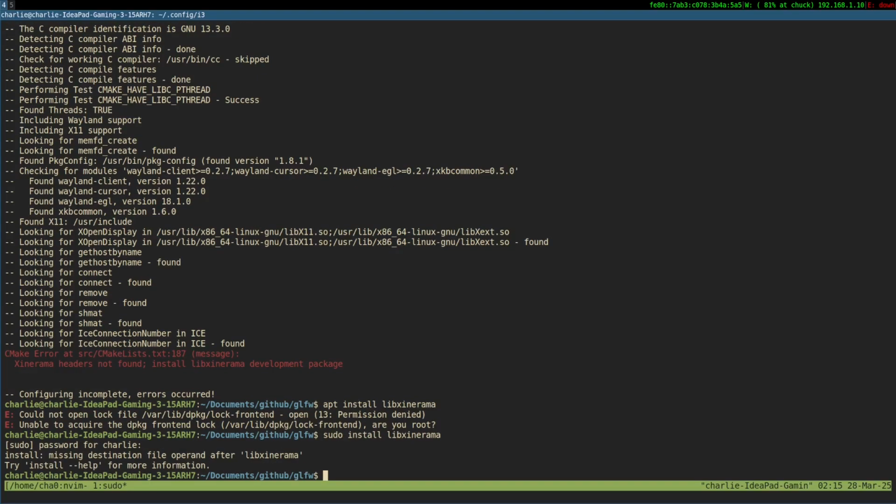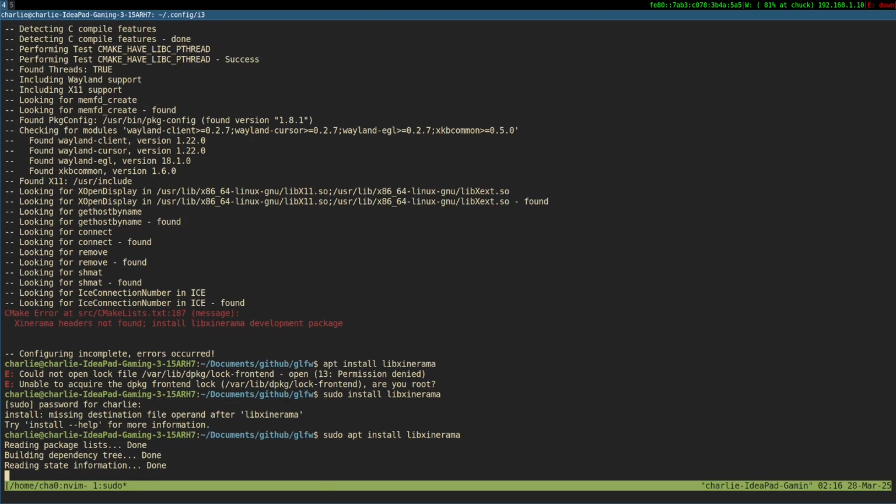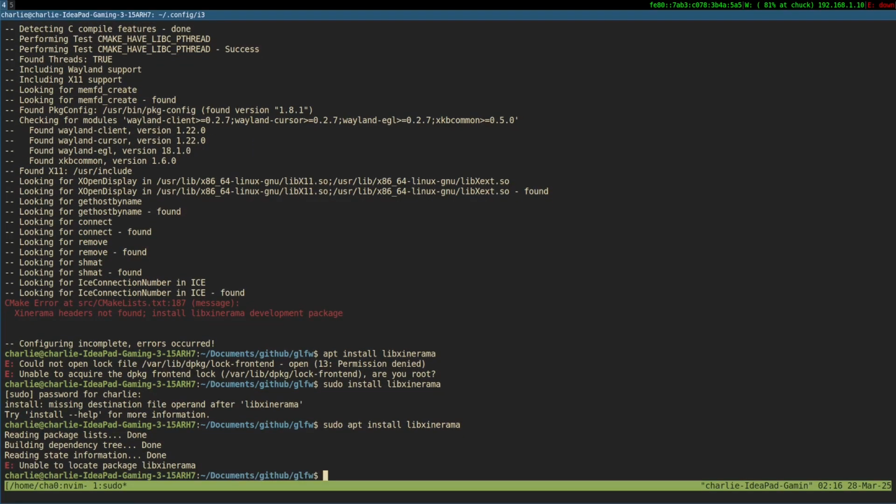Missing destination file operand after install.